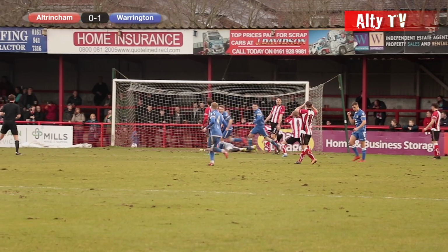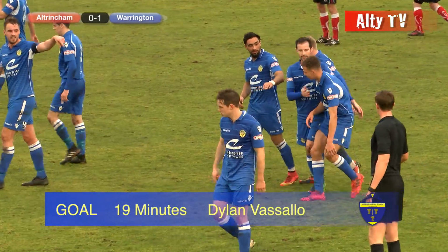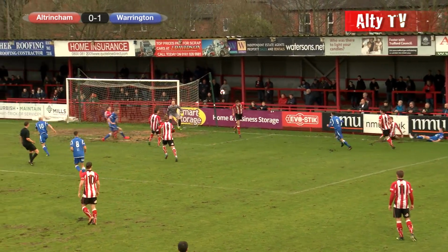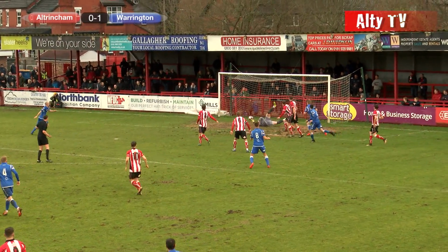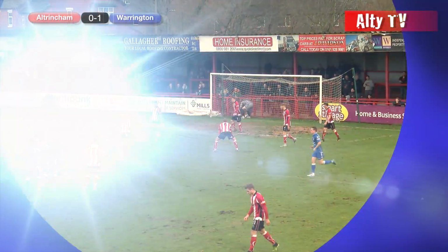Altrincham through Kinsella, perseverance, he got the cross in. Altrincham once again have failed to clear, and the number 8, Dylan Vassallo, through a melee of red and white striped shirted players. Thompson, I think, from where we were unsighted. I'm not going to say it's Jake Malt's fault, but it may have taken a ricochet, but you could say third time lucky for the visitors, because they've